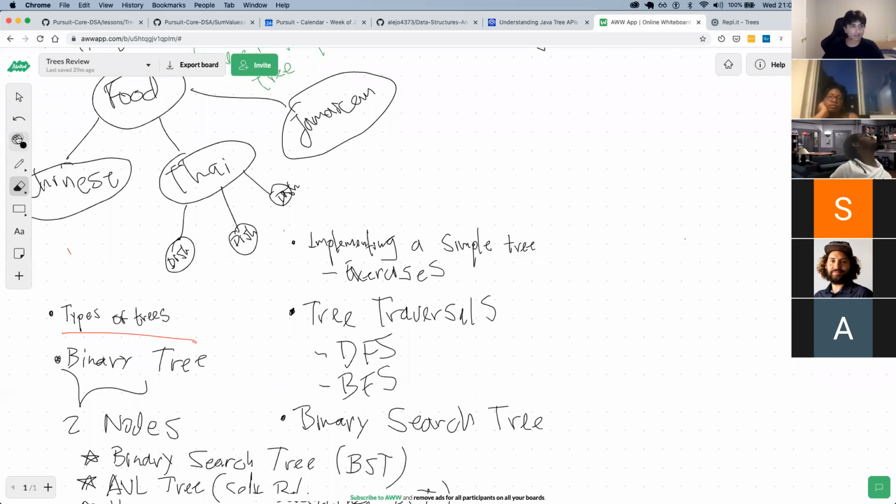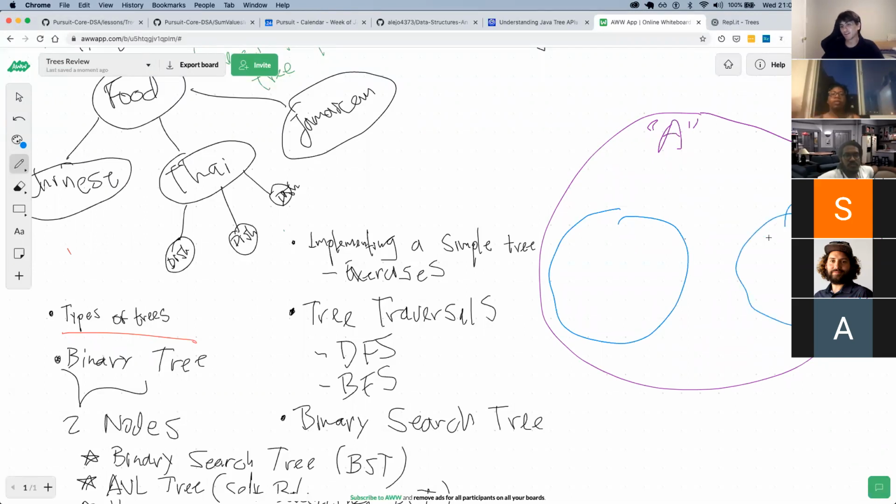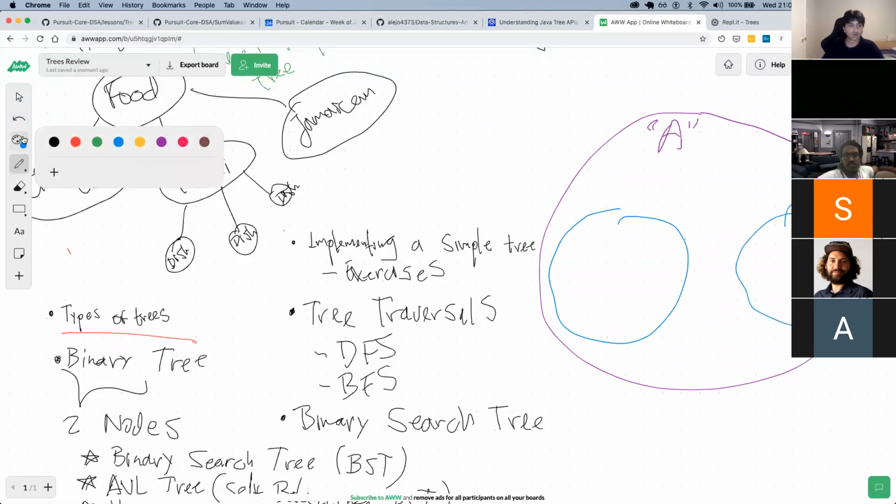So we have a node with value A, and inside of that node we have a left and a right. And these are the nodes with value, was it B and G?